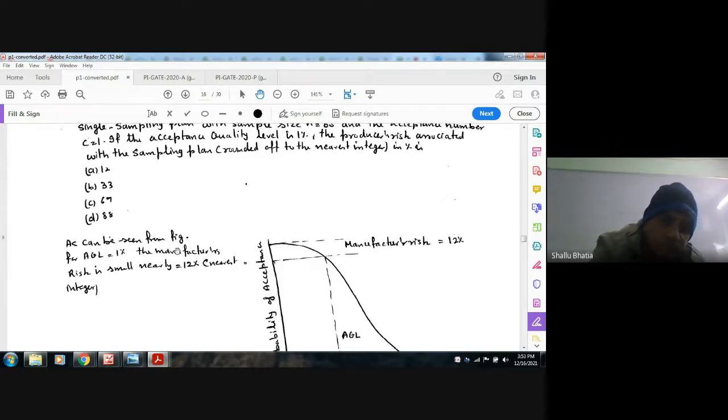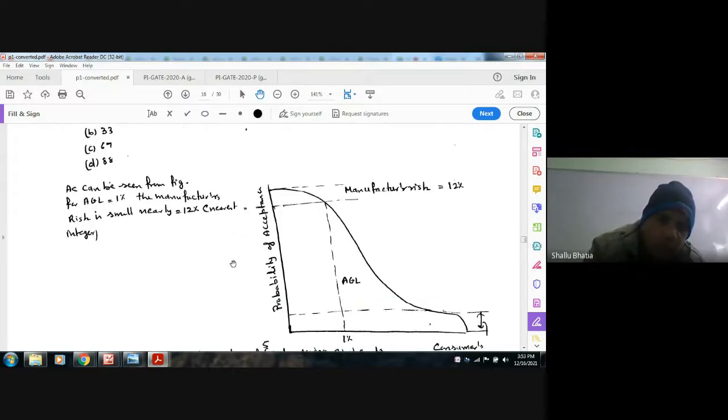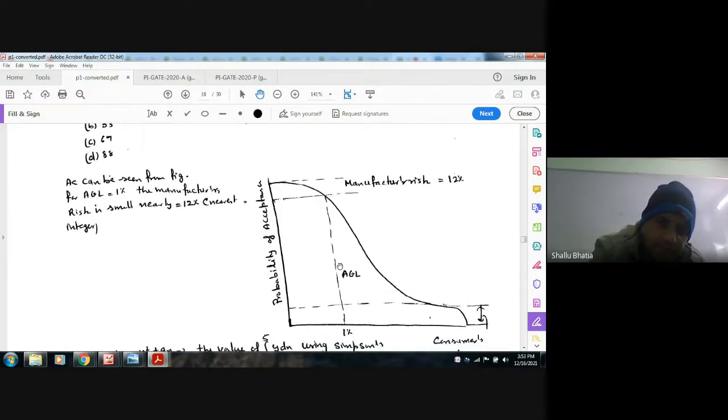Okay, so this is your quality curve. This is acceptance quality level. This is your probability of acceptance. Okay, this is your manufacturer risk. This is your consumer risk. Okay,